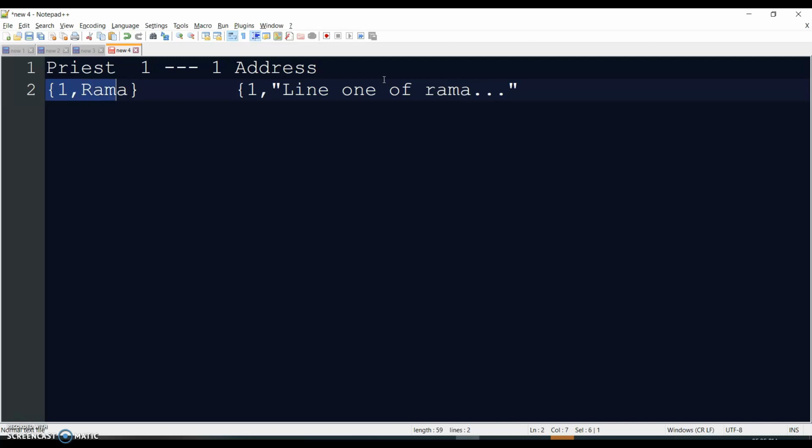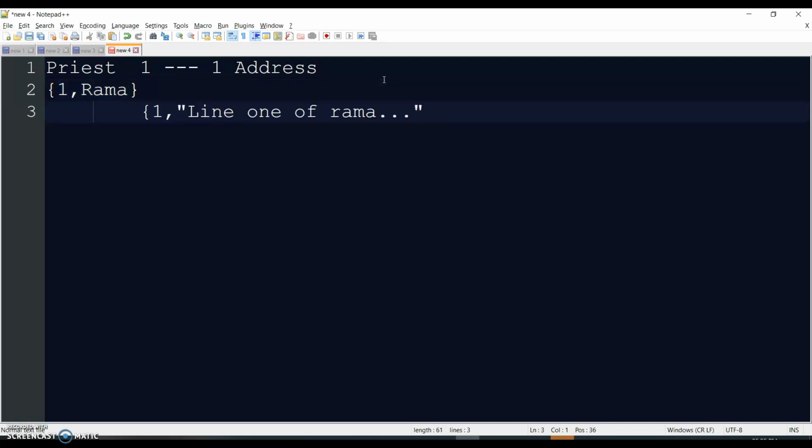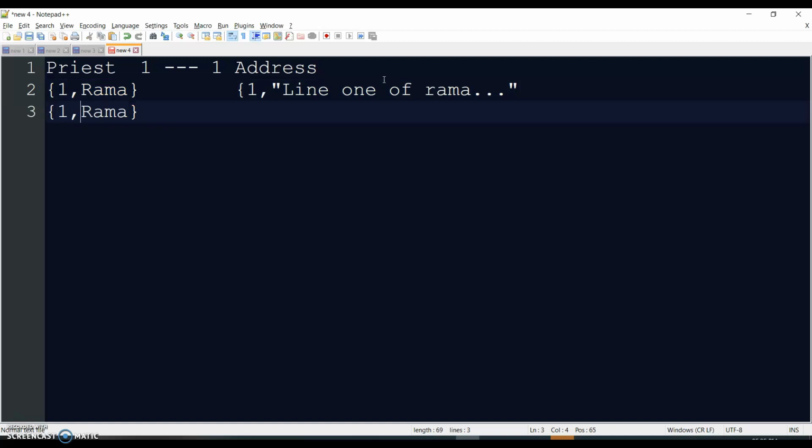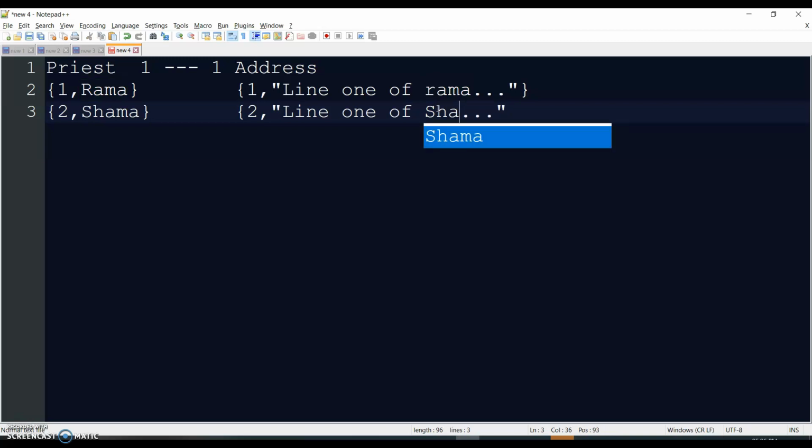Similarly, if I had something like this, I would have it like this. So this is how you would typically implement a one-to-one in the database.